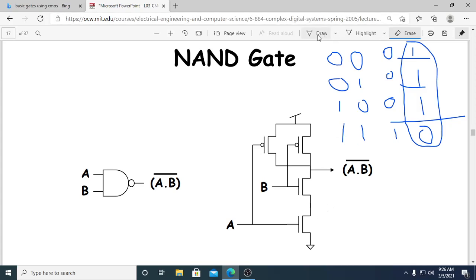Okay, so the fourth case, 1 1. In this case, what will happen? Again this is 1, this is 1. If 1 is there, this will not turn on, and this will again not turn on. Both gates are off. But what about the bottom? The bottom will turn on. The ground is passed, and this is also on. So both are on, and this 0 is passed to my output. So you are getting the output 0. Okay, so the output is nothing but A into B complement.